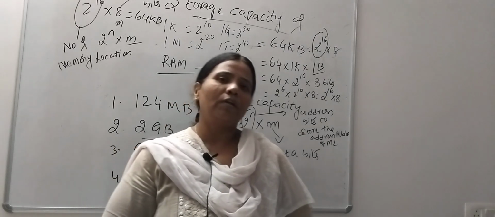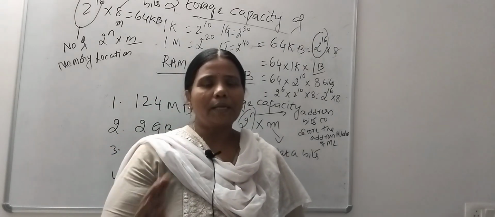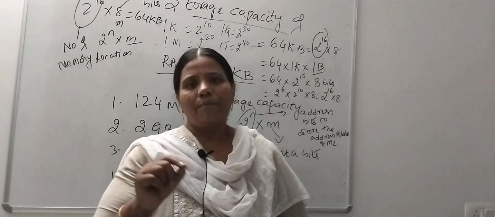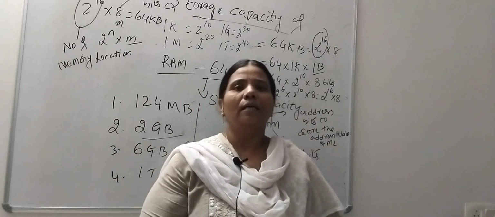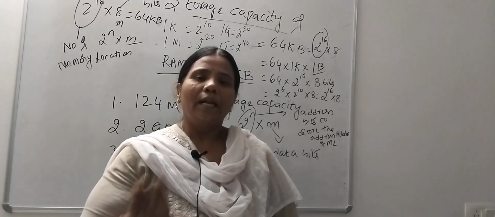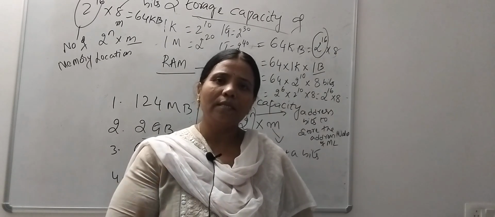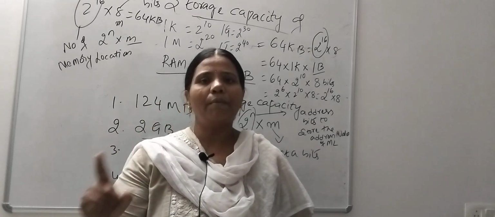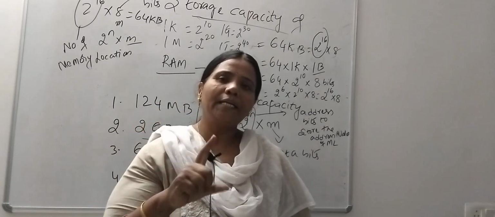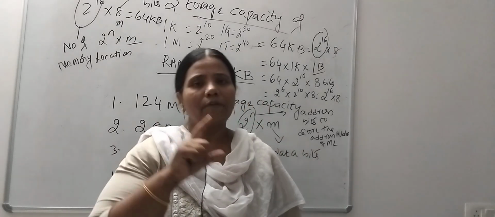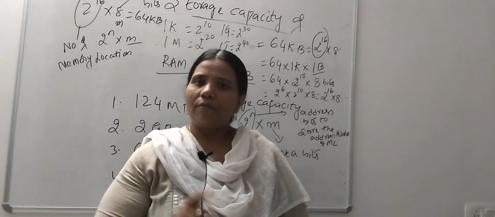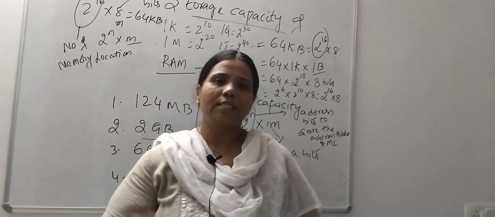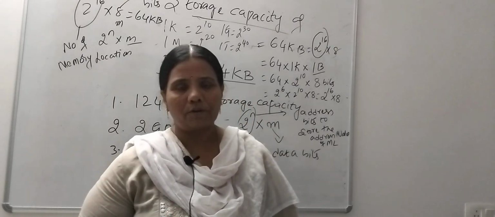Once again I recall what I have discussed with you. Storage capacity is a concept used in memory circuits to find out how many bits your memory is capable of storing. Next, you can express this storage capacity in bits, bytes, kilobytes, megabytes or gigabytes. Remember that a byte is a group of 8 bits. 1 K equals power 10, 1 M equals power 20, 1 G equals power 30, and 1 T equals power 40 memory locations.